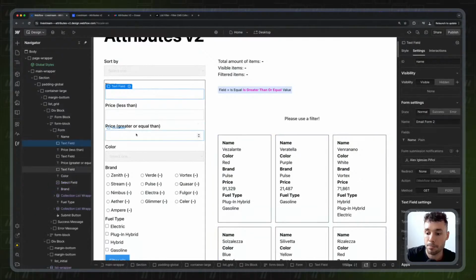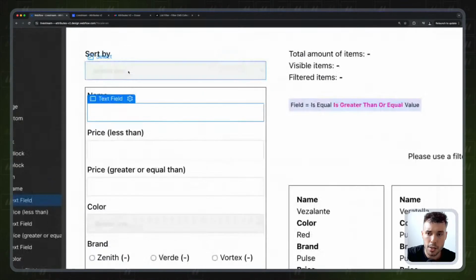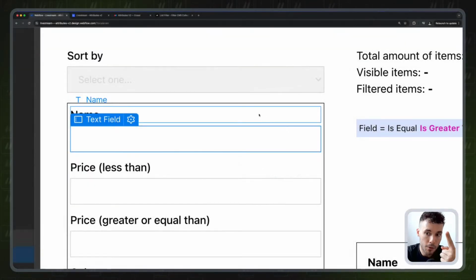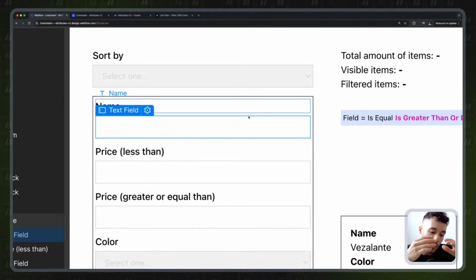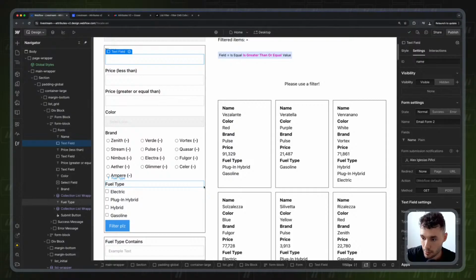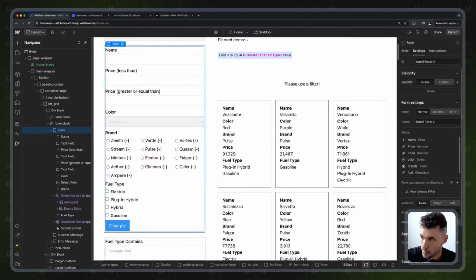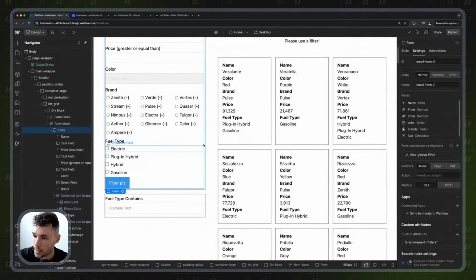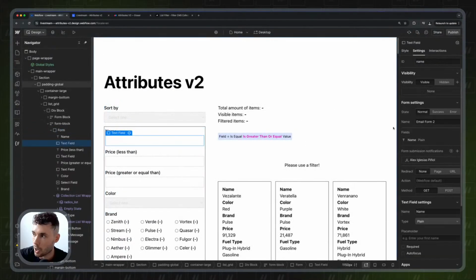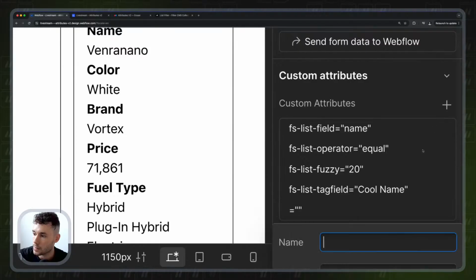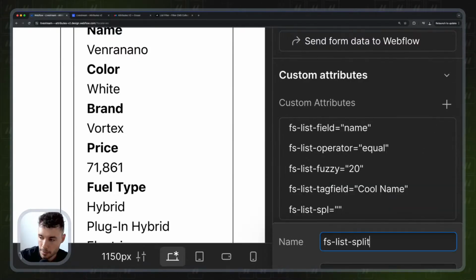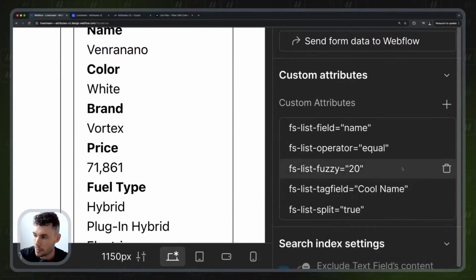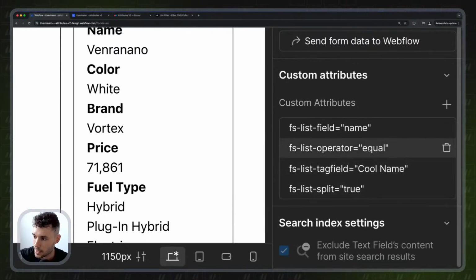So let's imagine that I not only want to consider whatever I type here as just one value. What if I want to allow having multiple values by splitting the words? We can do that. So first of all, again, I know that I'm going back and forth a lot with this, but let me disable submitting like that. Let me, well, we'll publish in a second. And here on this input, let's say fs list split, and let's say equals to true. I'm also going to, yeah, let me disable fuzzy for a second. Let's use contain